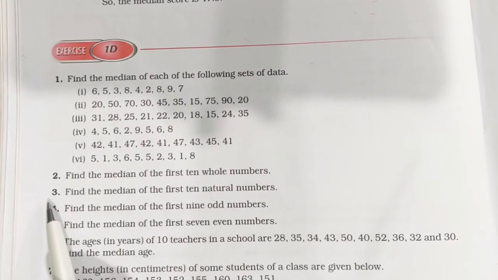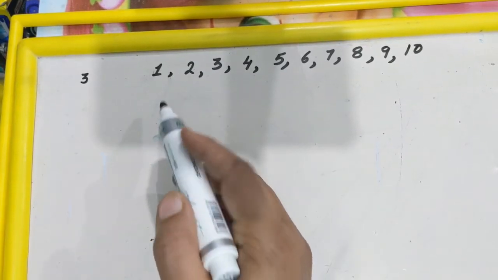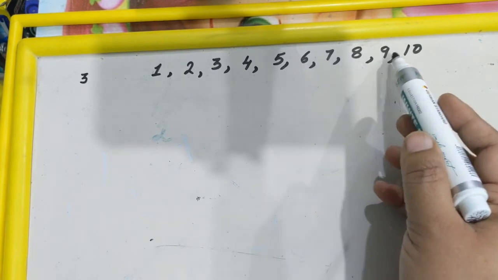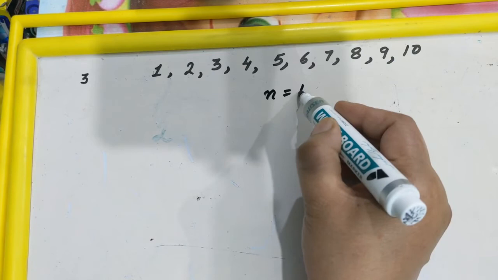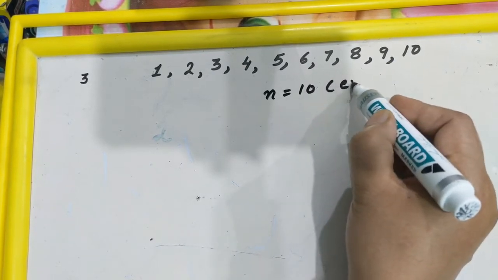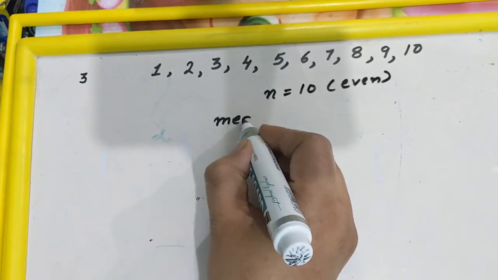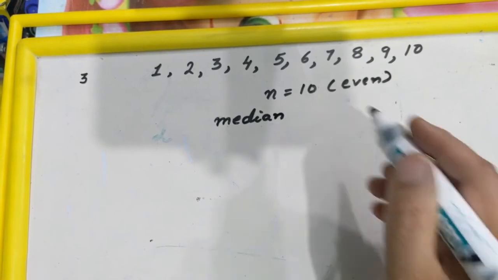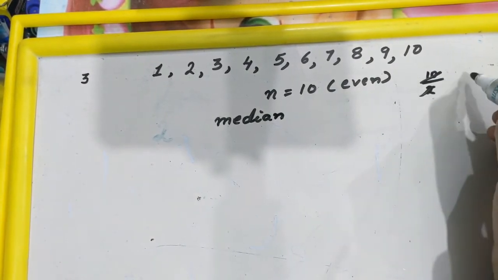Now let's do question number 3. Find the median of the first 10 natural numbers. So let's do. So the first 10 natural numbers are 1, 2, 3, 4, 5, 6, 7, 8, 9 and 10. As n is the number of observations and it is 10, means even number. In that case, how will you find the median? Median is the mean of 2 centermost terms. N by 2 means 10 by 2